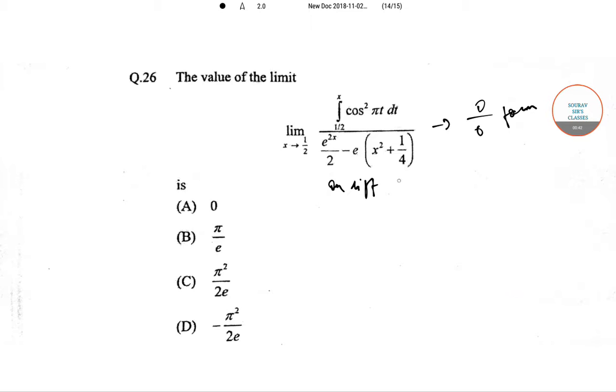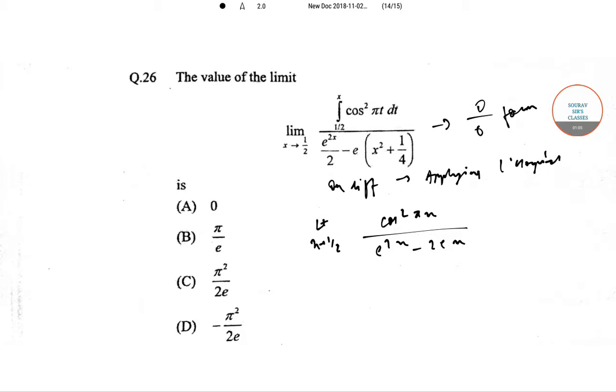So on differentiating, that is applying L'Hopital rule, we get the limit as x tends to half of cos squared pi x by e to the power 2x minus 2ex. Now this is again 0 by 0 form. So applying L'Hopital once again, we get